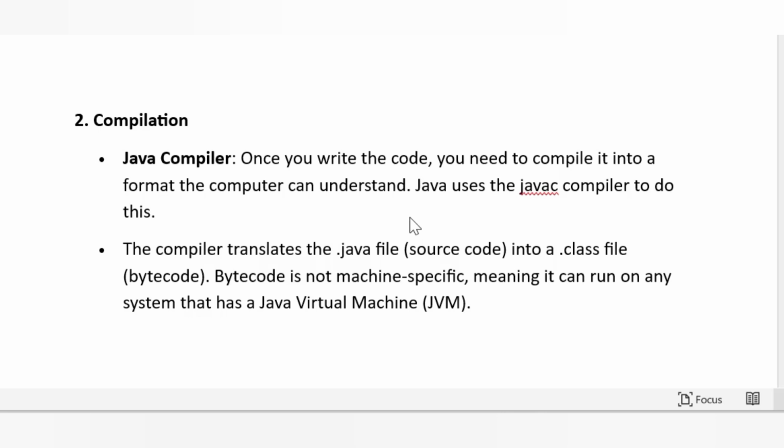The next step is the compilation step. The code that we wrote and saved with the .java extension will be compiled by the Java compiler so that .java gets converted into .class. In .class the code will be in the form of bytecode. This bytecode is compiled by the Java compiler, and